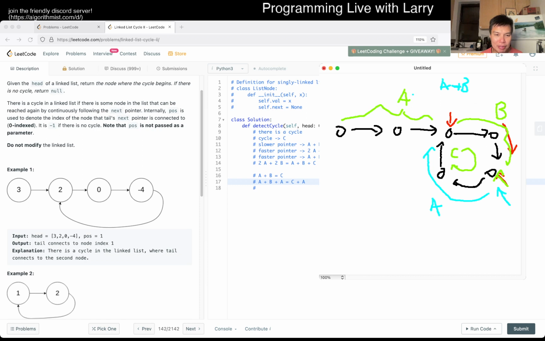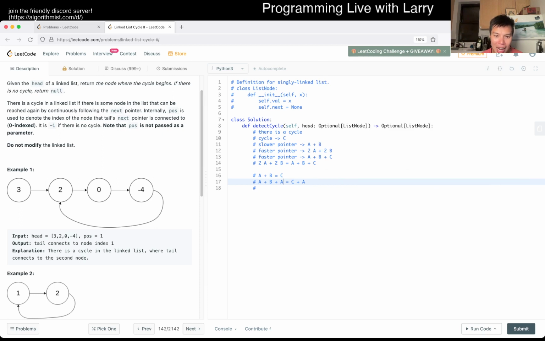But that means that if we have another slow pointer starting in the beginning, they will meet at exactly here because this A is equal to this A. I think I had the math right, but I missed the visualization in which they meet at the same point. And if they meet at the same point, then you could just return that answer. This is also honestly a ridiculous problem if you haven't done it or seen it before. I've seen it before, and I refuse to memorize it because it's one of those things: either you remember or you don't.